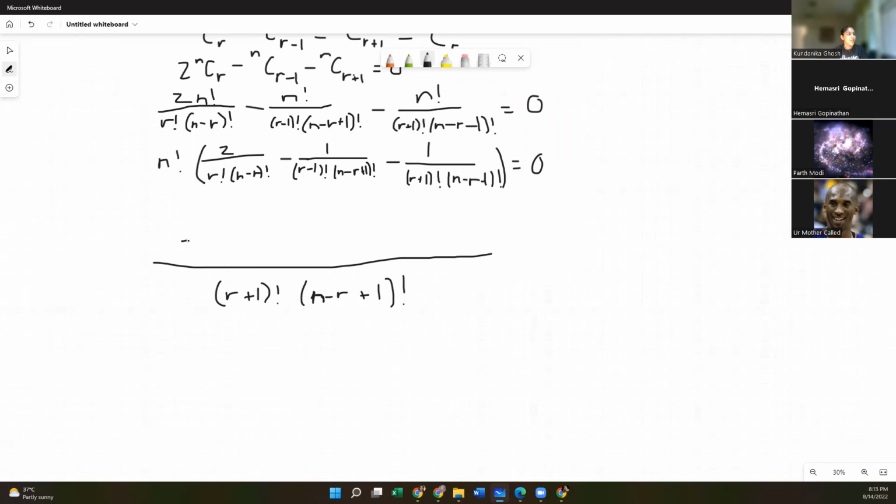So we want to multiply the top first by r plus 1. And then we can also multiply the denominator by, again, same concept, n minus r plus 1 times n minus r factorial equals n minus r plus 1 factorial. So we have the n minus r in common, so we're just going to put the n minus r plus 1 on the top over here. We get how we got that? Yes, no, maybe so? Maybe so.